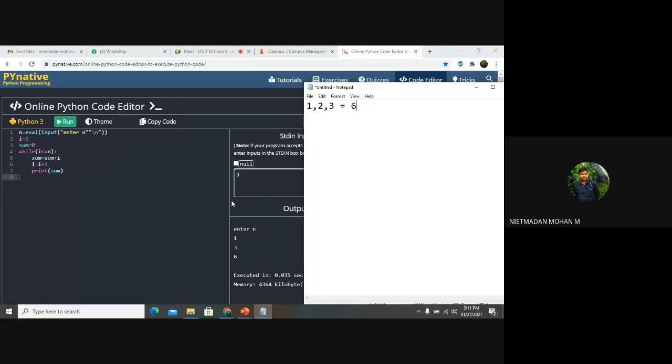So if you are giving 3, sum of n numbers, only one n you want to collect from the user, that is 3. It means we are taking 1, 2 and 3, and the sum of these 3 numbers will be represented as the sum of n numbers, that will be 6. So 3 plus 2 plus 1 is 6. Now coming to the program, the first line collects an input from the user, that means n is equal to 3, and the second line initializes i equal to 1 and the variable sum equal to 0.